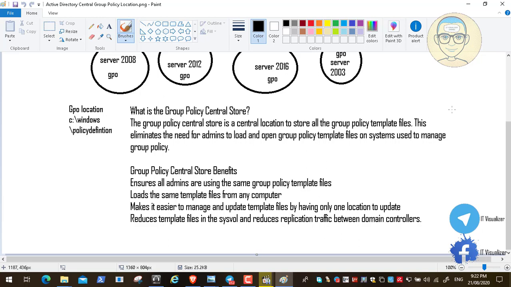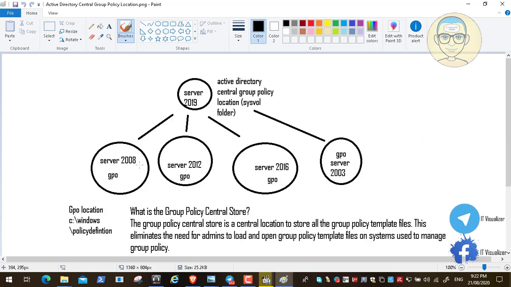So also one benefit, if you need to change a group policy, you need to do it on every one of the domain controllers if you don't have a central group policy store location. So you need to change it here and here and here and here if you don't have a central group policy central store. Okay, so this is also one benefit, and also it will decrease the replication between the domain